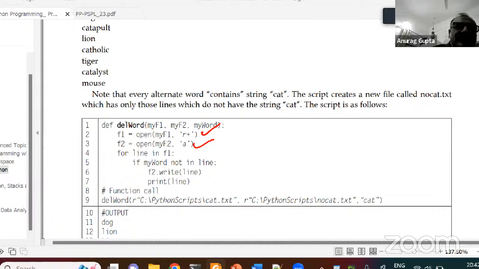I should. Then for line in F1, that means I'm iterating over the first file-like object. If my word not in line, my word is this thing. If it is not in line, then that line is written to F2.